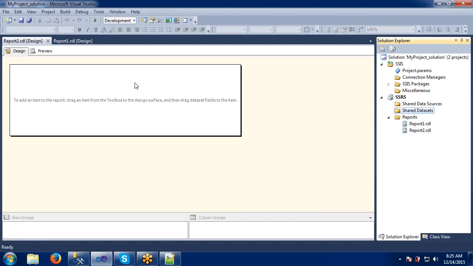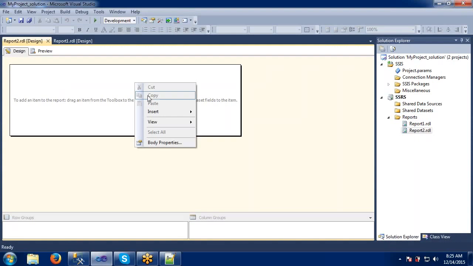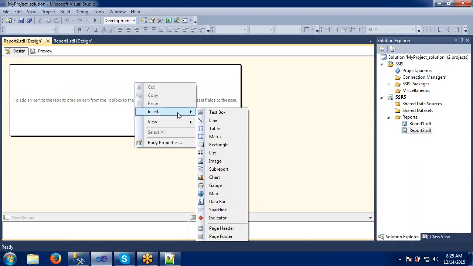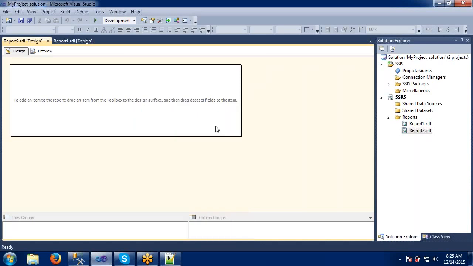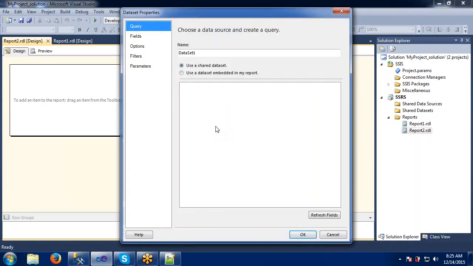Now it is asking which type of report you want to generate. We have different report items available in SSRS: text box, line, table, matrix, rectangle. First, we'll go with the table. First we are defining the template, how the report should be.